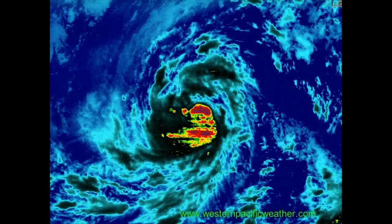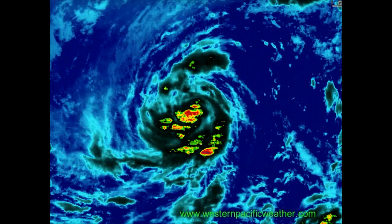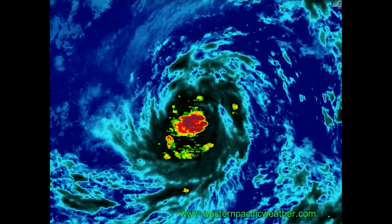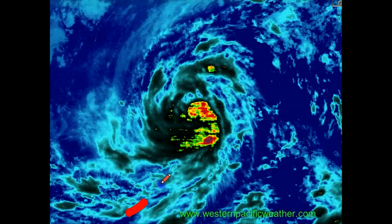Now, currently with this storm, winds near the center are kicking up right around 130 kilometers an hour, so definitely a very strong typhoon. Expected to continue to intensify, though, due to a decrease in vertical wind shear over the storm system, and under it, sea surface temperature is continuing to warm up. So overall, it does look like it's going to be having some very decent inflow of moisture coming in from